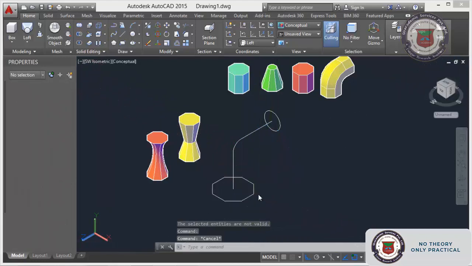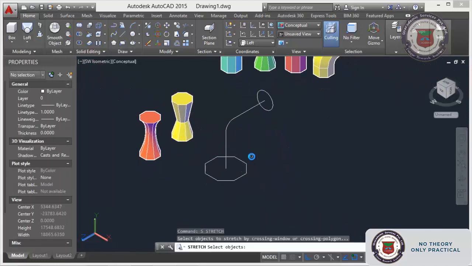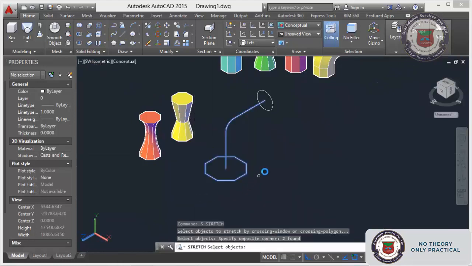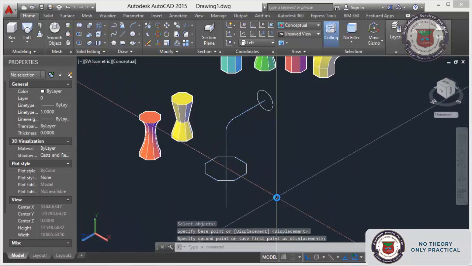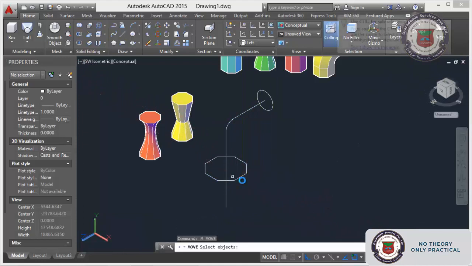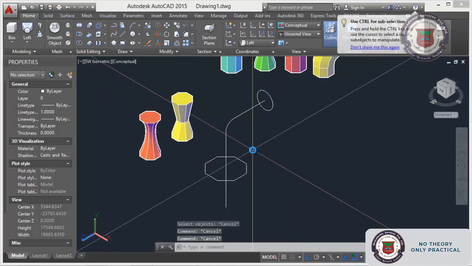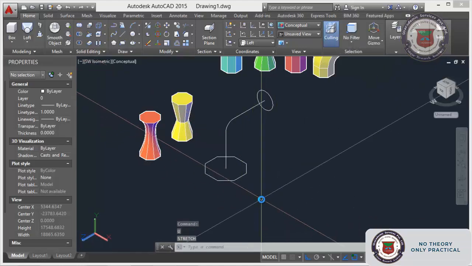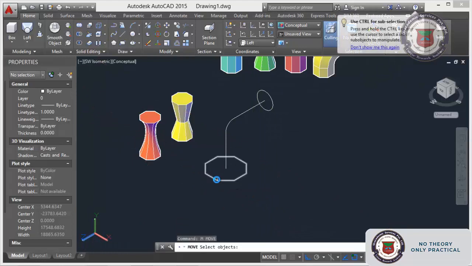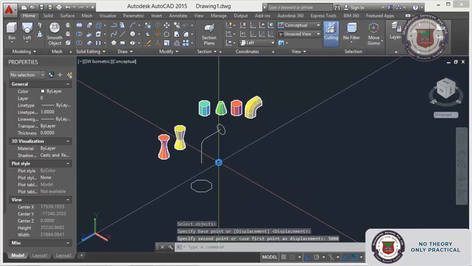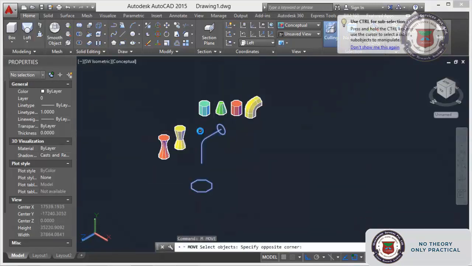So what I will do, I will move it down another 5 meter, and move the total object.